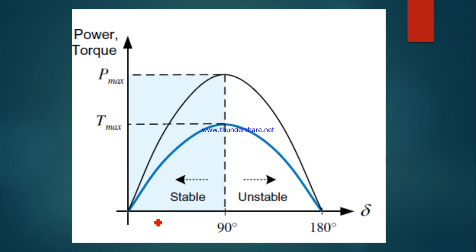So as I was telling, if this is the load angle and this is my torque, then at 90 degrees you see my torque is maximum. So far we have covered the construction of the synchronous machine, its phasor diagram, the derivation of torque, and explained the profile of the torque.